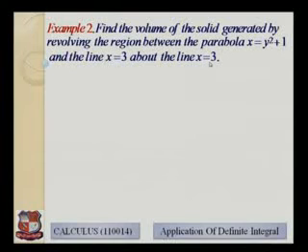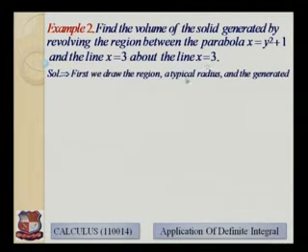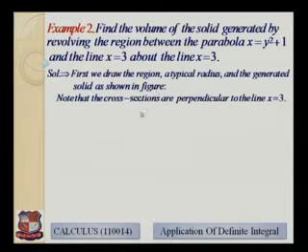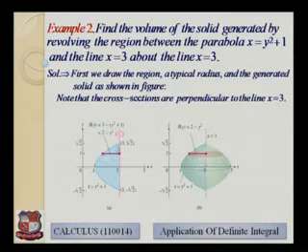3 about the line x is equal to 3. So first again we draw a region and a typical radius and the generated volume solid as shown in the figure. Now since here the cross sections are perpendicular to the line x is equal to 3, here you can see